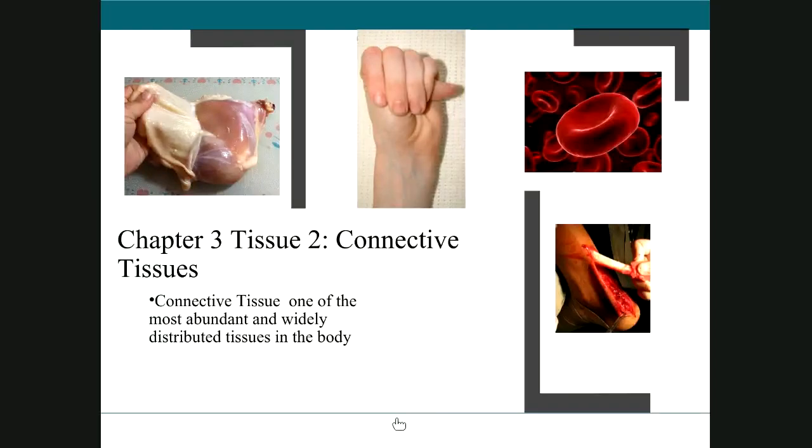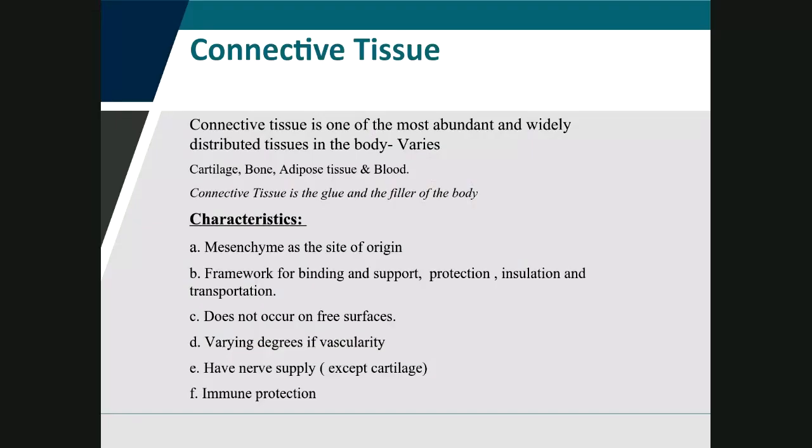Hi, today we're going to talk about connective tissue. Connective tissue is one of the most abundant tissues in our body, and it's very variable. It can vary from cartilage to bone to adipose tissue and blood. When we think of connective tissue, we think of the glue that connects everything together or the filler of the